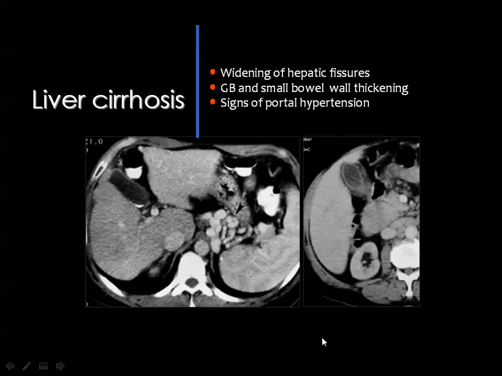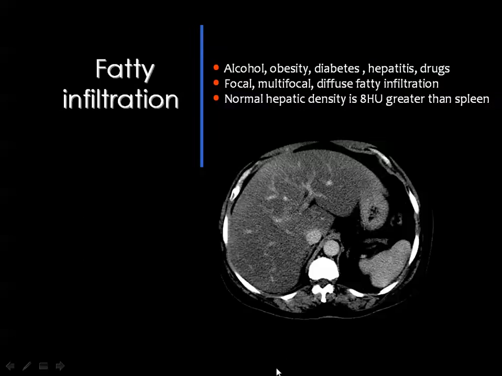Then some of the findings of cirrhosis also include widening of the fissure for the ligamentum teres, the gallbladder and the small bowel wall thickening. Sometimes you see this, and of course the signs of portal hypertension in the form of dilated portosystemic collateral venous channels. Then one of the diffuse diseases in the liver is the fatty infiltration, and the causes are well known to all of you, including